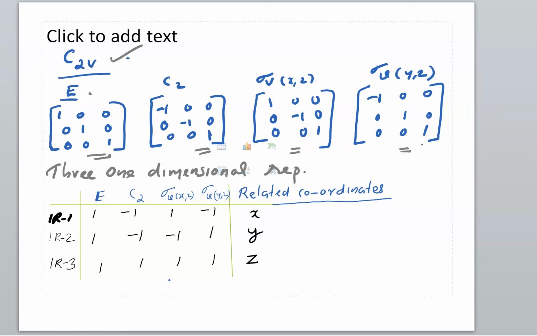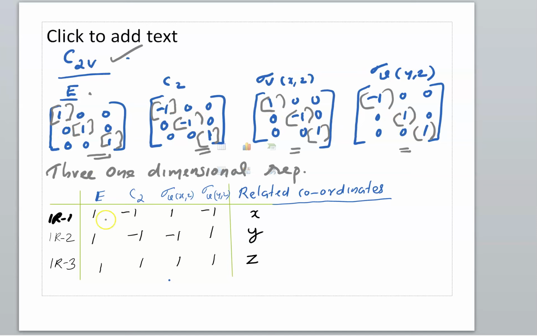We already studied this. Okay, these matrices can be block factored into 3 one-dimensional matrices. This is one block factored, this block factored, this is block factored. Similarly here, we can block factor these matrices into 3. So we get 3 one-dimensional matrices. One-dimensional matrices are, we know, irreducible representations. So we get 3 irreducible representations.